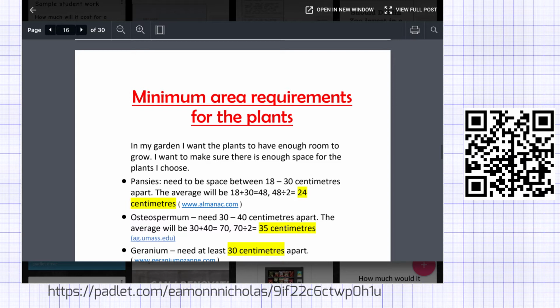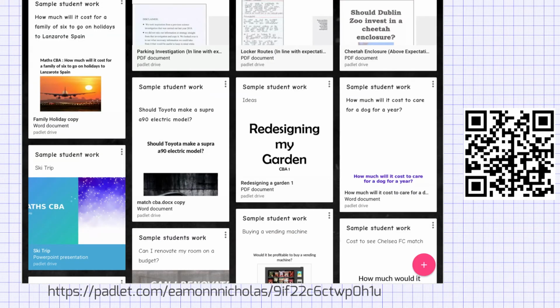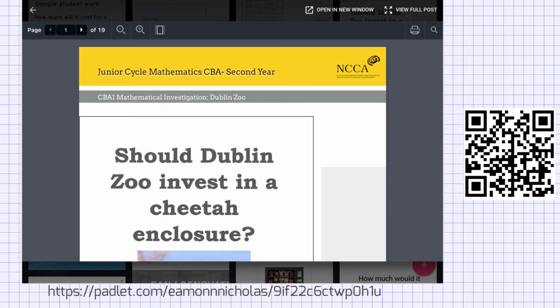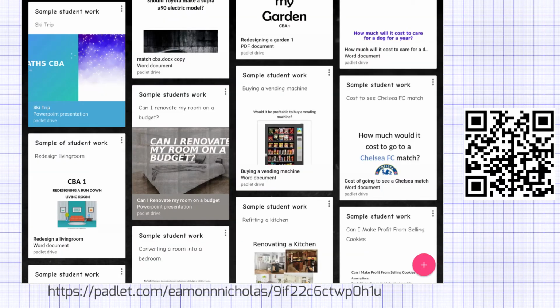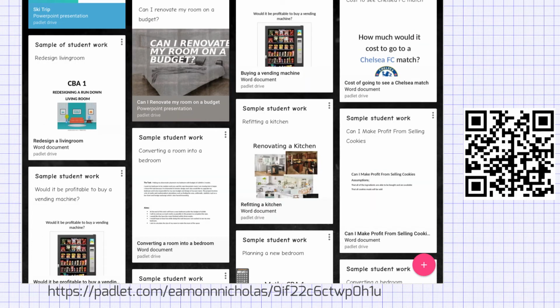Let's see. So there's other ones there you can look at. So let's try this one and let's have a look and see. Oh, that's the cheetah enclosure. So we've looked at that one more or less already, but you can look at that again. You've got, like I said, there was loads of renovating the bedrooms, so I probably won't go into them. Let's try maybe